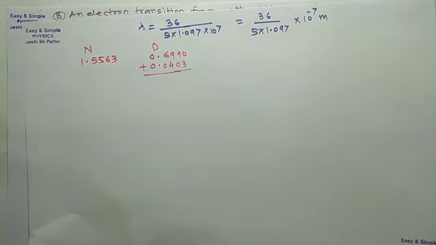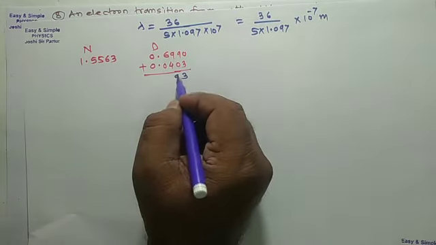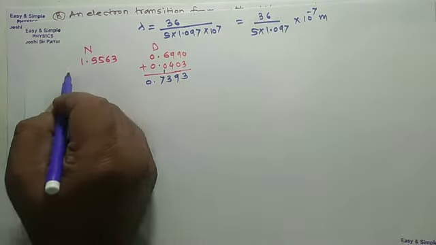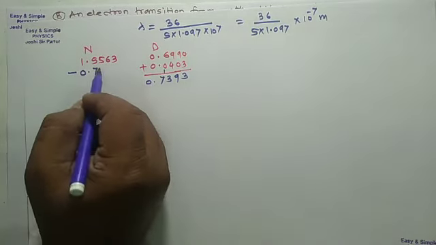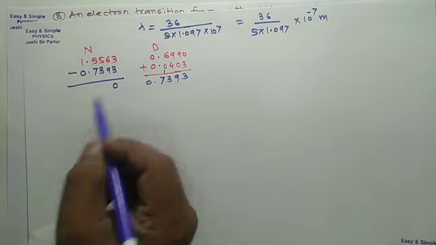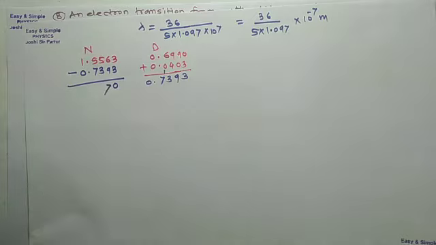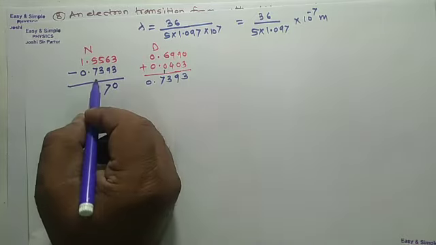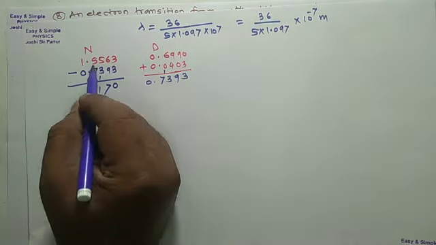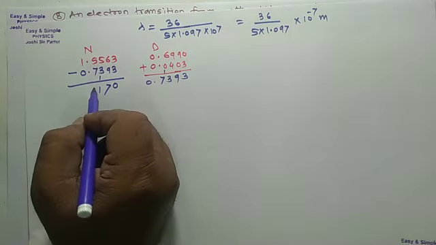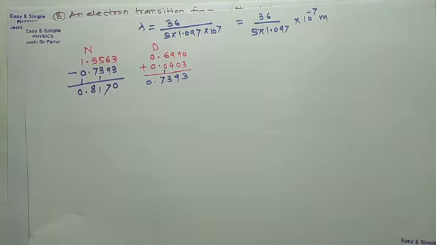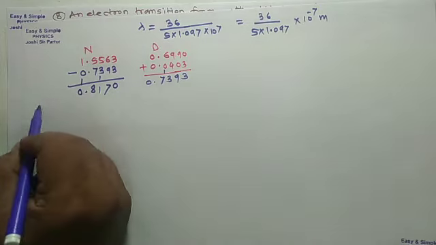So here by adding, its addition will be 3, 9, 13, 7, 0 point. Subtract 0.7393. So 3 remains 0. From 16, 9 is subtracted, 7 is remaining. From 5, 4 is subtracted, 1 is remaining. From 15, 7 is subtracted, 8 is remaining. And here from 1 is subtracted, 0 is remaining. Then taking antilog.